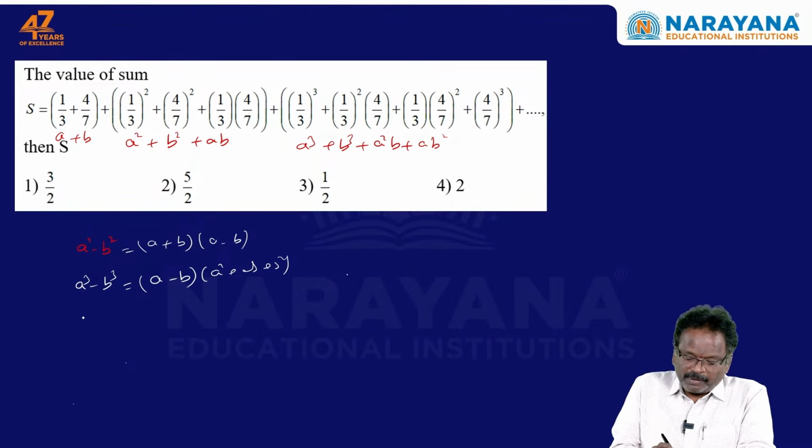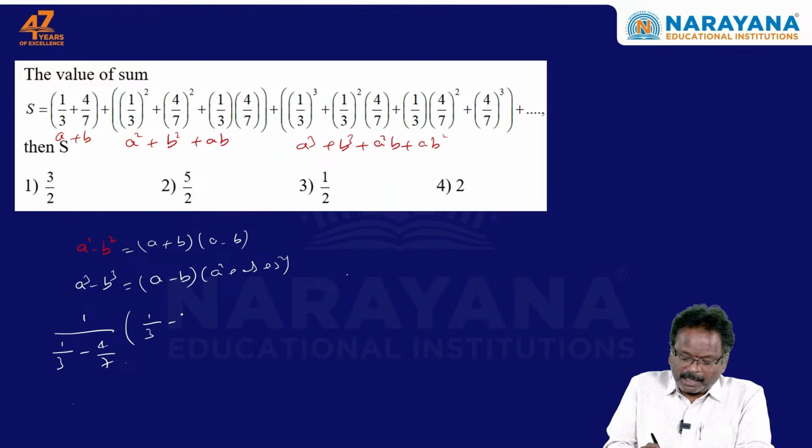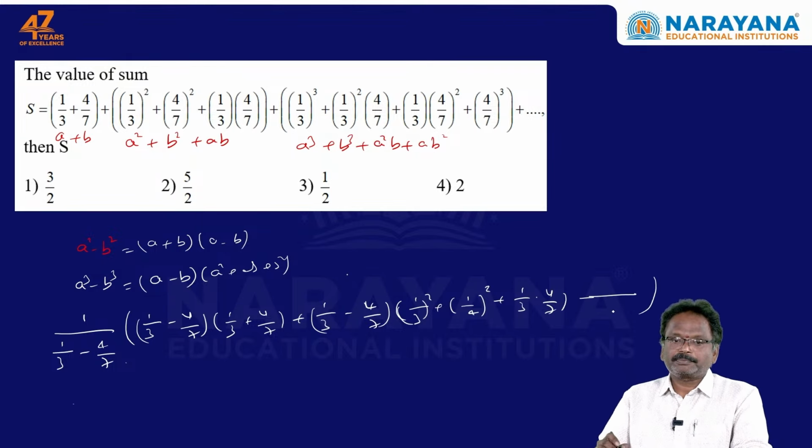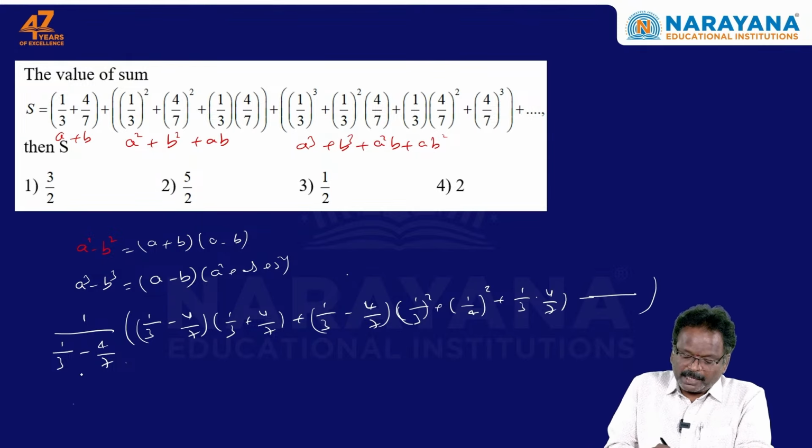So you multiply and divide by 1 by 3 minus 4 by 7, into 1 by 3 minus 4 by 7 into 1 by 3 plus 4 by 7 plus 1 by 3 minus 4 by 7 into 1 by 3 whole square plus 1 by 4 whole square plus 1 by 3 into 4 by 7, up to so on. Now 1 by 3 minus 4 by 7 is nothing but